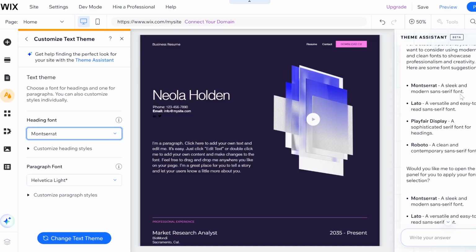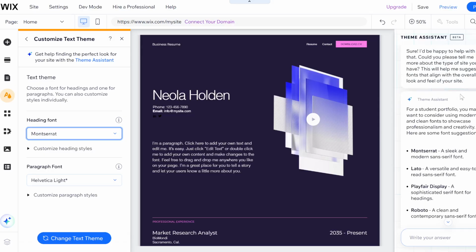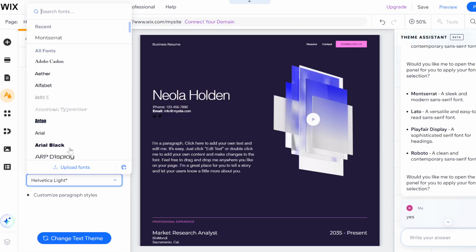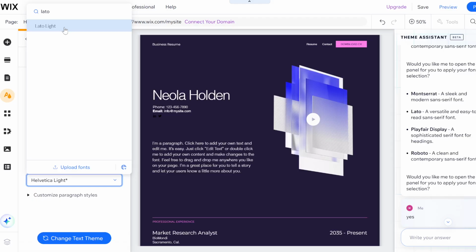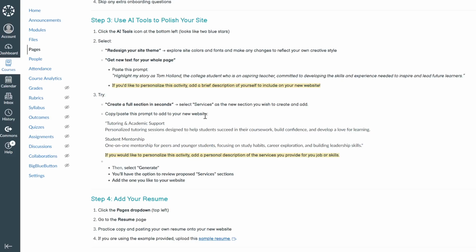I forget what it said before, but it says here Lato is another one that it likes. Let's look up Lato. Lato Light. You can see it's already making those changes based on the fonts that I selected. So that's really cool. And that's one of the first two features that we can see if we're going back